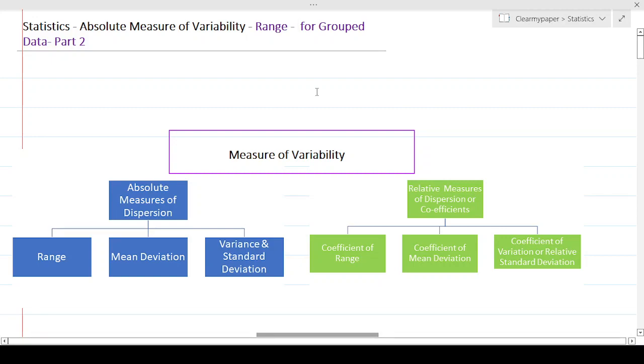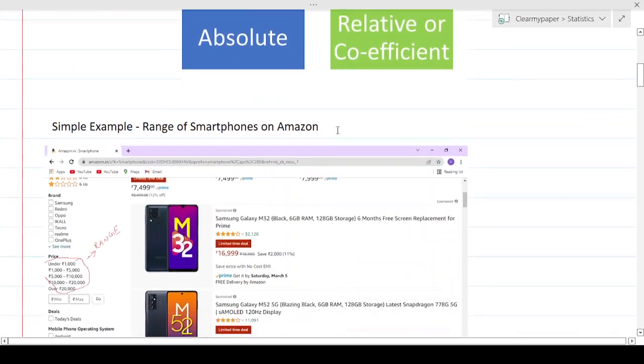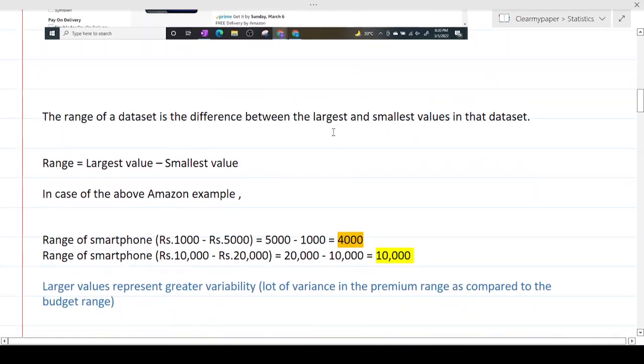All right, let's talk about finding the range for group data. This is part two. This is the continuation from the previous part where we got introduced to the concept of range as one of the absolute measures of variability. And we calculated range for simple problems like we took the Amazon phone example and we figured out that range